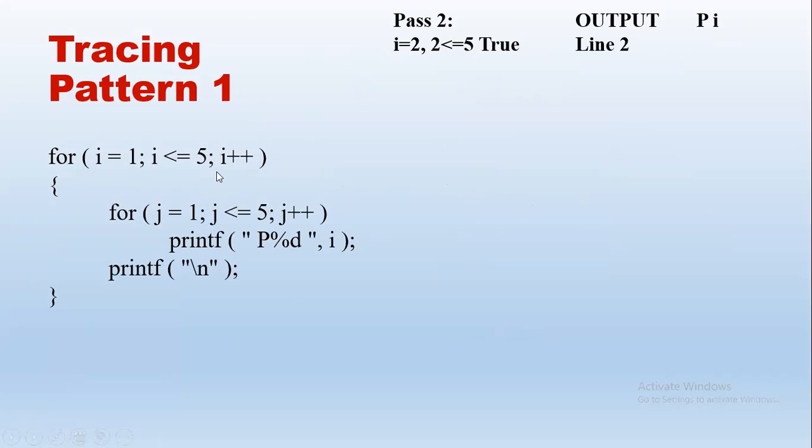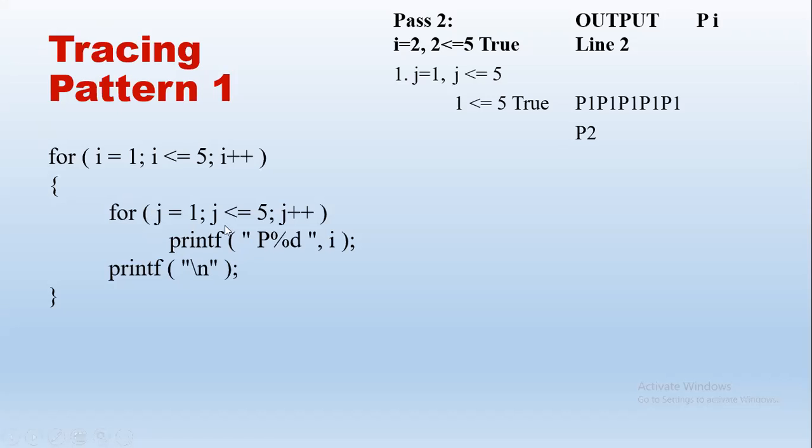Now, a very important thing to note is that for every execution of a pass, the inner loop will start from the first value only. Previously, it stopped at 5 and we incremented to 6, condition false, so it will not continue with 7. J will start from the fresh value. This has to be known so that we understand the tracing. The inner loop always starts from the first value again, so J starts from 1.